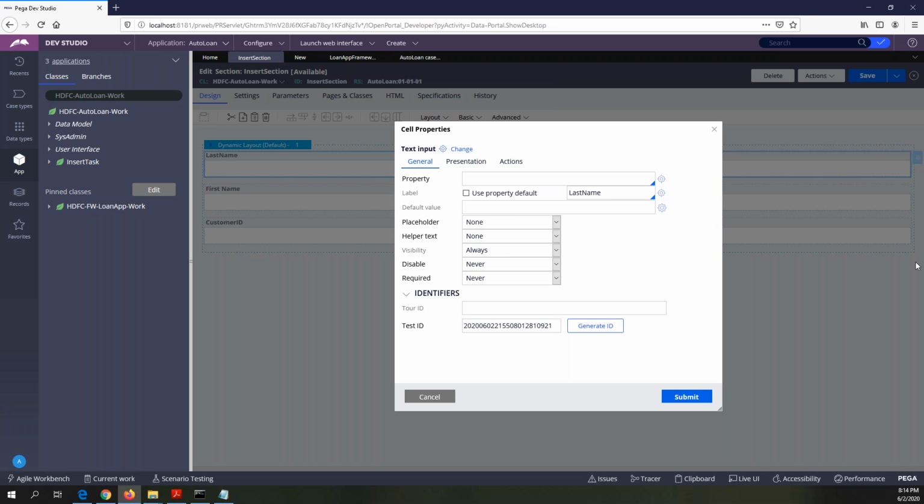Okay. So we can just go and click on dot.